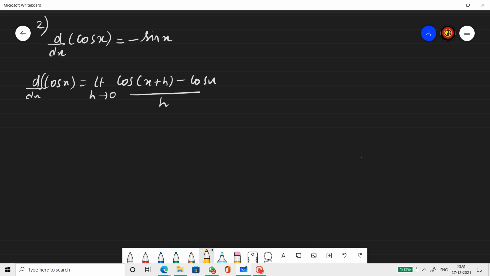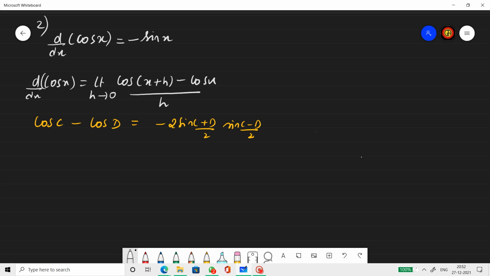And this is in the form of cos c minus cos d. I did tell you why I'm using c and d instead of x, y, which we usually use. It is because there is already x in the question. So it's better to handle a new variable rather than the same one. So cos c minus cos d is minus 2 sin c plus d by 2 and sin c minus d by 2.